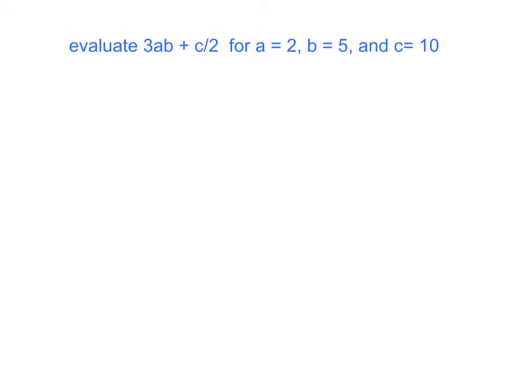Let's try one more. Here I have evaluate 3 times a times b plus c divided by 2. And I'm going to use the values 2 for A, 5 for B, and 10 for C. So like I said in the previous problem, let's first substitute all the values in for the variables and rewrite the expression. So 3 times A is 2,